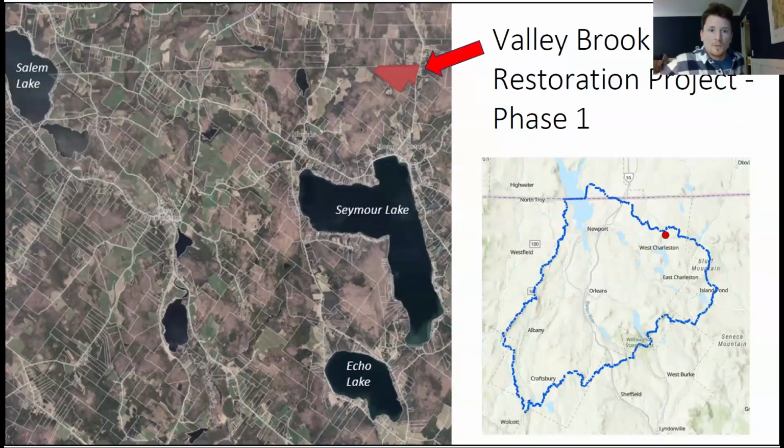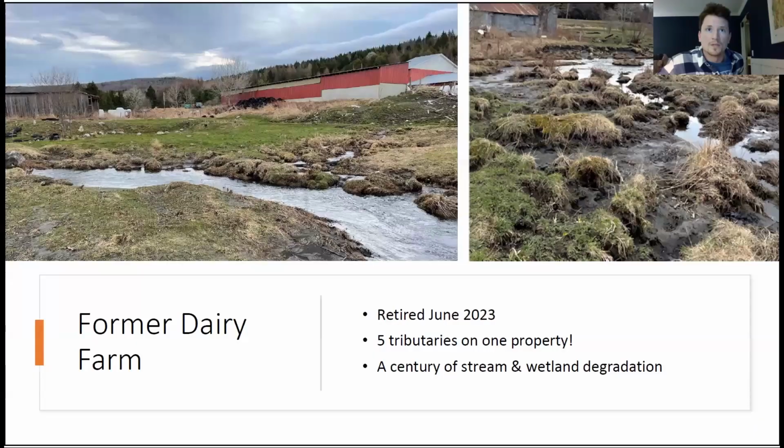So moving to Vermont, we just executed a relatively big project for our organization. We're in the Northeast Kingdom, I live 6 miles from the border. This project is about 30 minutes east of Jay Peak. The project is on Valley Brook. This is now a Fish and Wildlife owned property, Vermont Fish and Wildlife, that is, and it's what we call a stream bank management area.